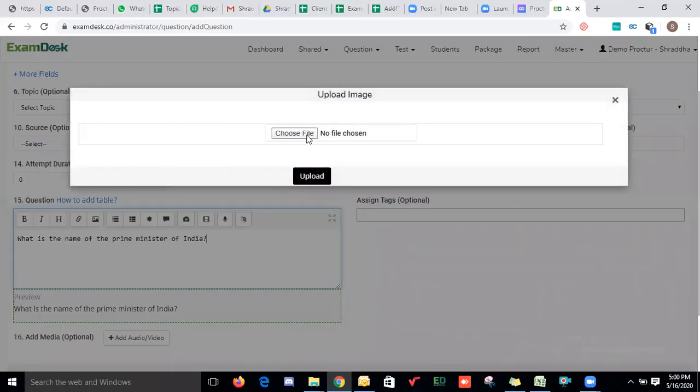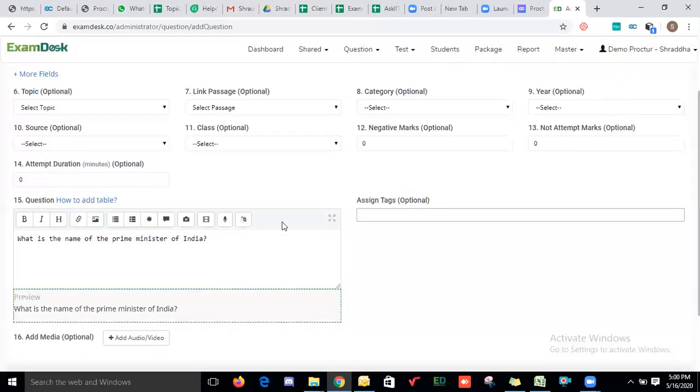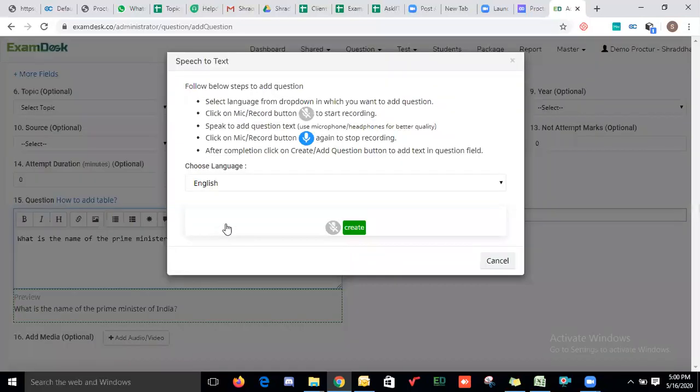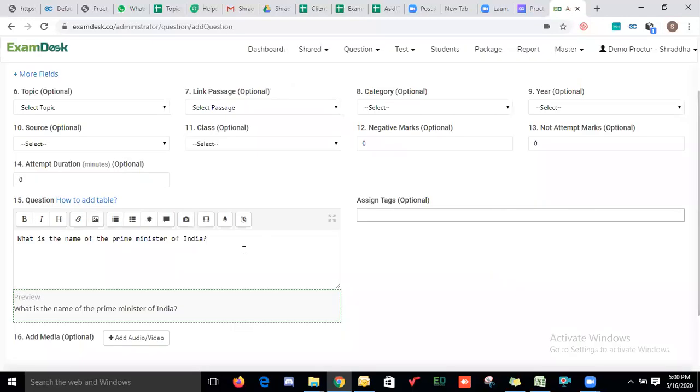If images are available, you can upload them with respect to that question. If you want to use the speech to text option, you can use this feature. You just need to enable your mic. You can speak the text you want and click on create. So the question will get saved.